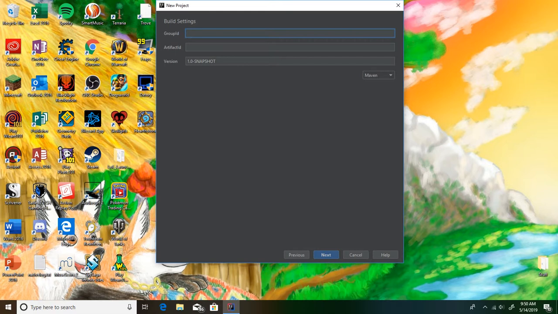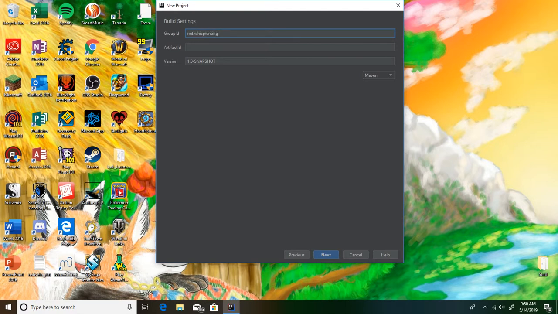So if I'm creating a plugin called tutorial stuffs, for my website, I have a website, so I would use my website. But if you don't have a website, you would just type in me for group ID. If you don't have a website, but I do, so I would type in my website as